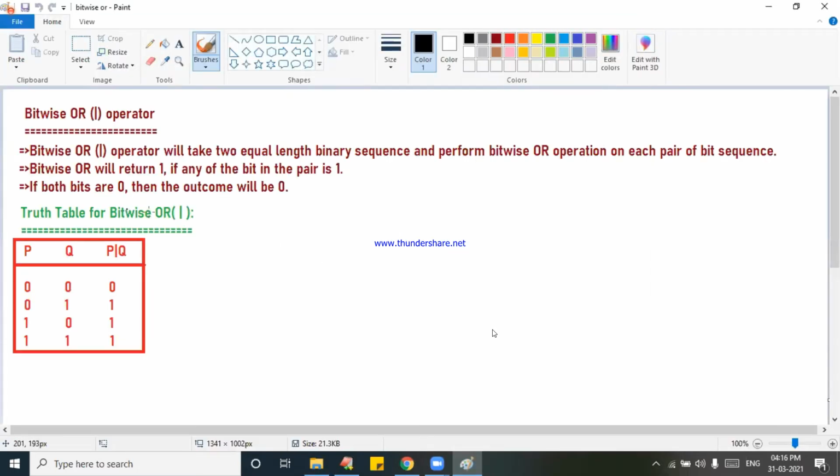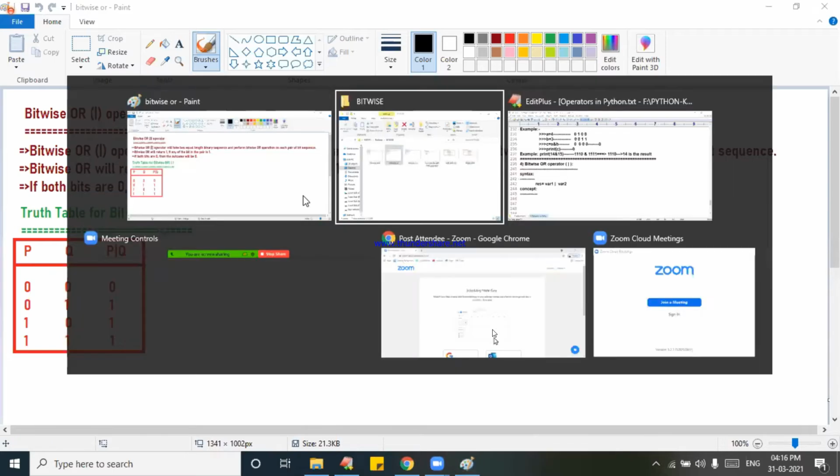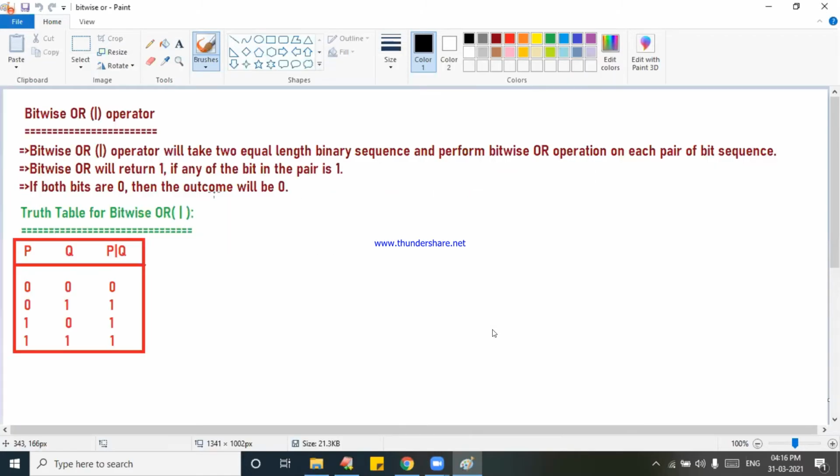Bitwise OR operator returns 1 if any one of the bits in the pair is 1.